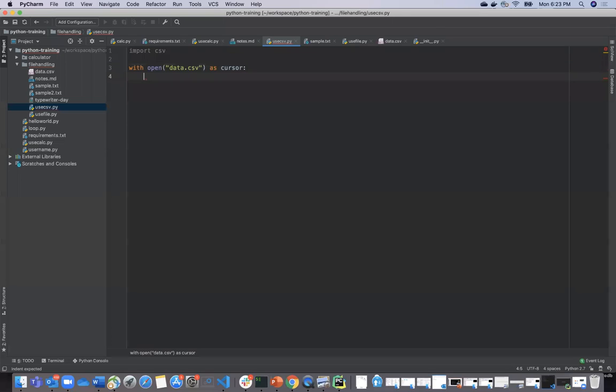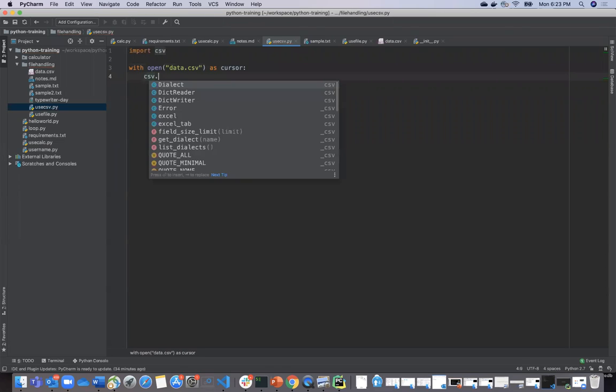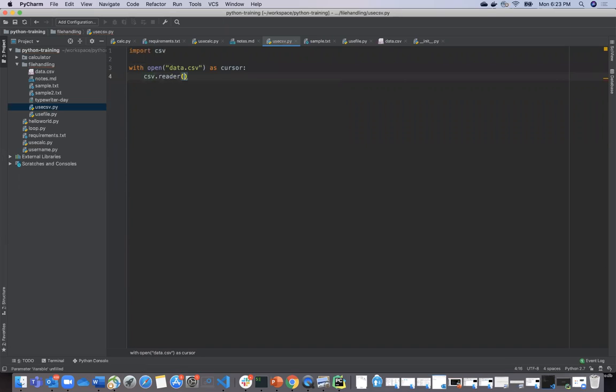The only change we need to make from before is that csv has its inbuilt reader, so we need to create a reader out of it and pass this cursor. By default the delimiter is comma.